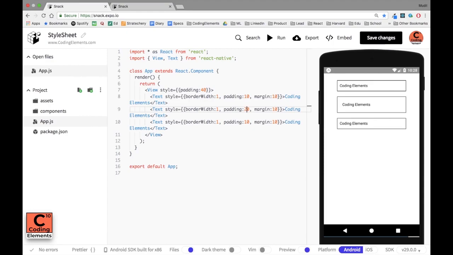and we can see the space has been added between the boxes. And if I give a padding of 20 to the center element, we can see that the box width has been increased. And if I give a margin of 20, the extra space has been added to the outside of the second element. And this is added in all 4 directions: top, bottom, left, right. As a result, the length and width of the box has been reduced. And if I reduce both the padding and margin to 5 units, we can see that accordingly the shape of the box changes. Now let's set these back to 10.